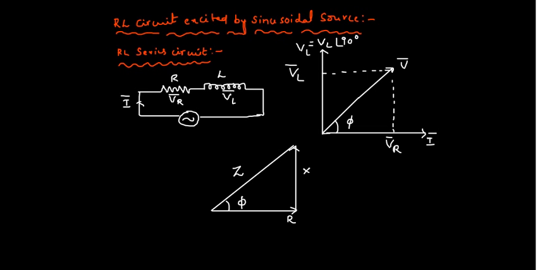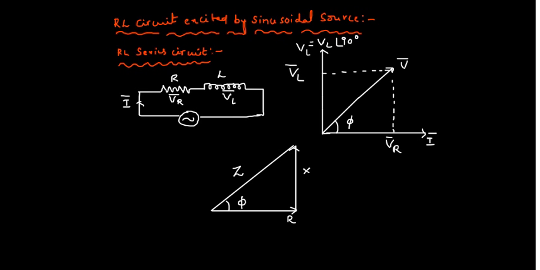In a pure inductor, the inductor current exactly lags behind the inductor voltage by 90 degrees. But here, whatever the V may be, it does not exactly lag by 90 degrees because of the resistance present in the circuit. It is by some angle, not exactly 90 degrees. The angle should be the phi value.